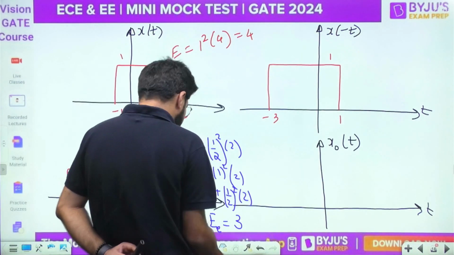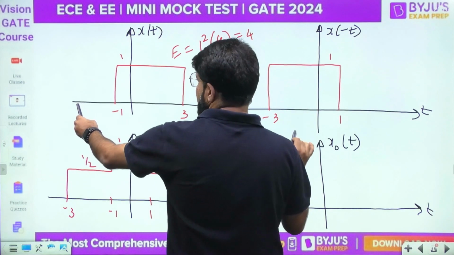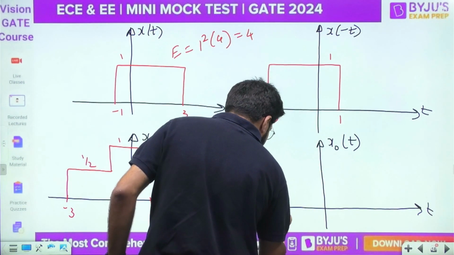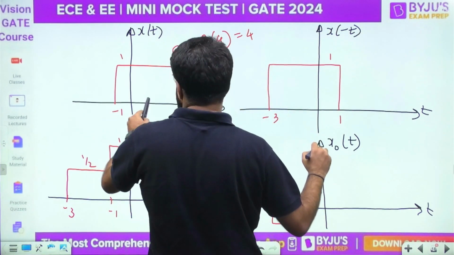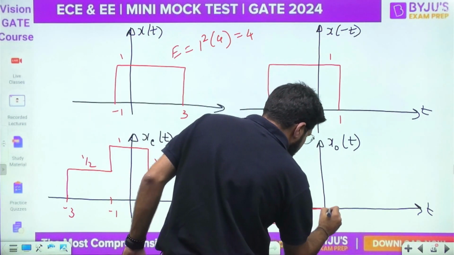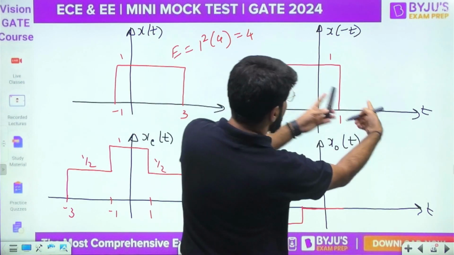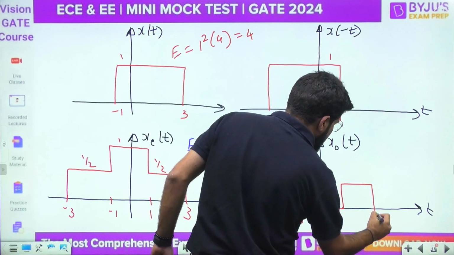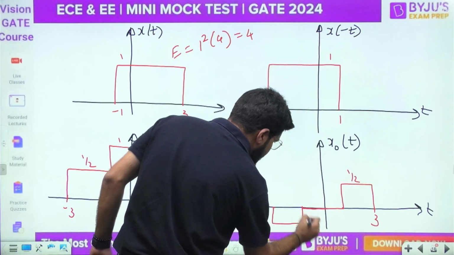Okay, now if you come to the odd symmetric part, xt minus x minus t. So between -3 से -1, ये 0 है, ये 1 है, 0 minus 1, this will be negative. Okay, this is going to be negative up to the -1. Between -1 to 1, both are 1, so 1 minus 1, 0. And from 1 to 3, xt minus x minus t. So this is 1, this is 0, 1 minus 0 is 1. Okay, but then whole divide by 2. That is not 1, 1 by 2, and this will be minus 1 by 2.